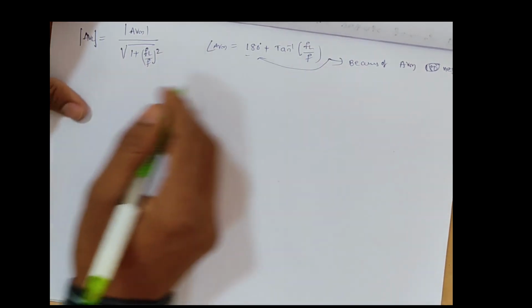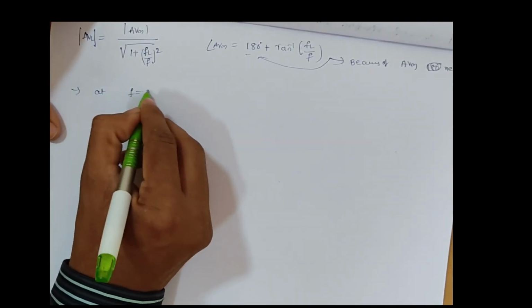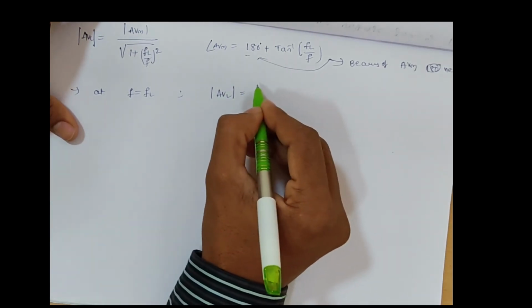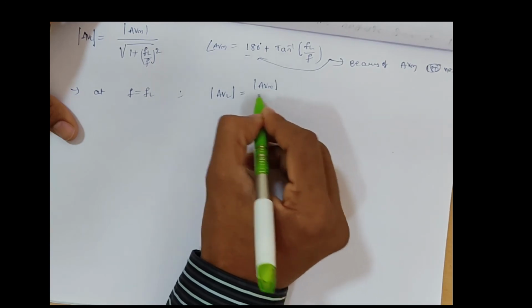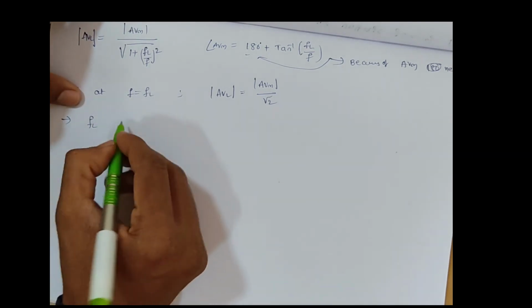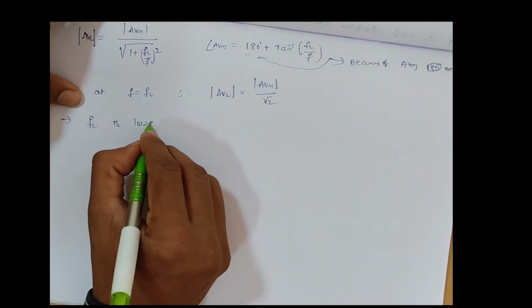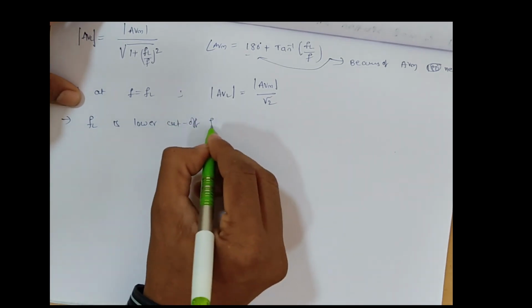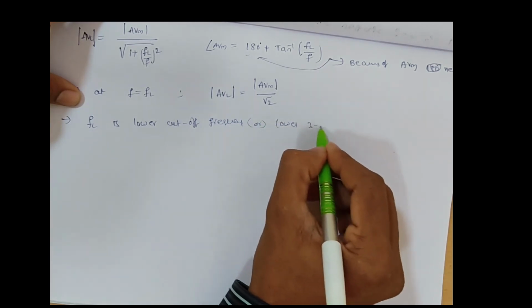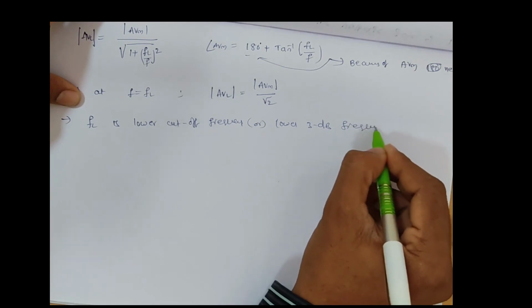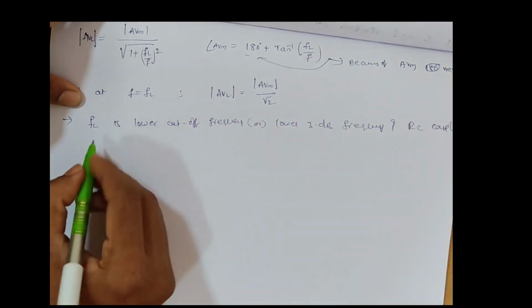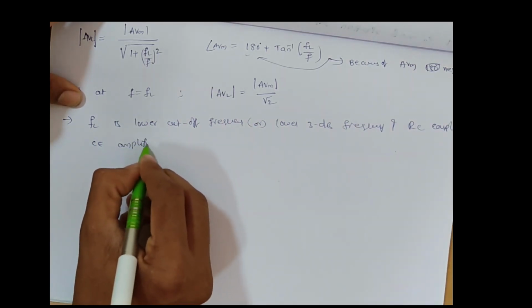Yes. So at F equals FL, we can write mod AVL equals mod of AVM by root 2. Here FL is nothing but the lower cutoff frequency, or lower 3 dB frequency, of the RC coupled CE amplifier. That means